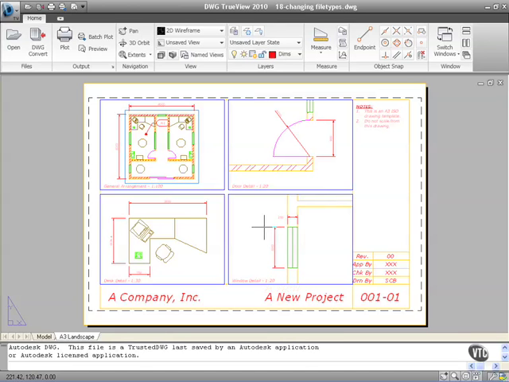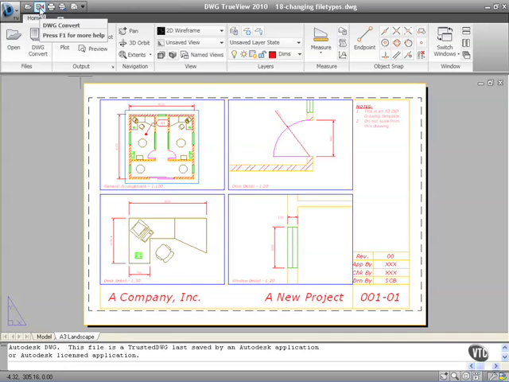Now I've got somebody using a previous version of AutoCAD, 2004, 2005, 2006. They all use the 2004 DWG file format. Now I'm only saving back one drawing here, but imagine if you've got hundreds of drawings, all of a 2007 DWG file format, and somebody can't read them. Can you imagine having to do a file save as on every single drawing? That would be painstaking, boring, and more importantly, time consuming. Time is money. So what you can do is utilize DWG TrueView here and use this option here,